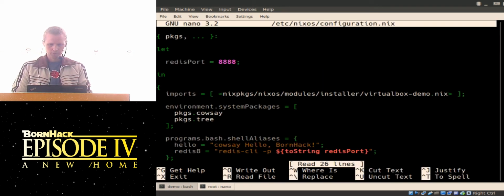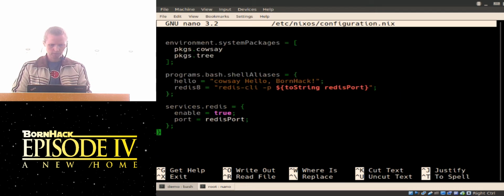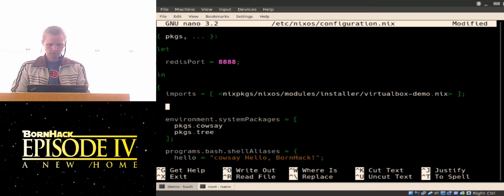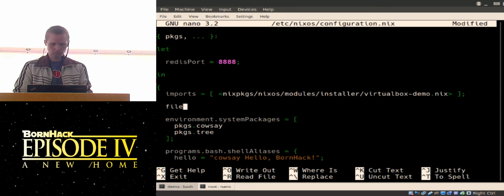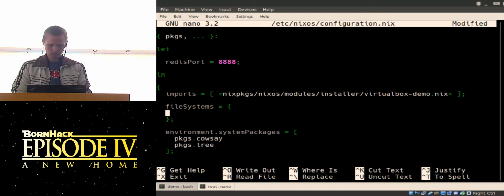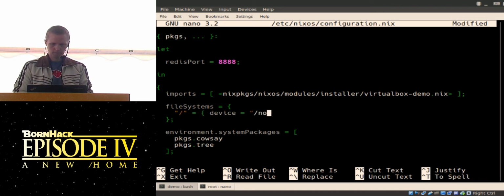Of course, like I said, it's very easy to mess things up sometimes. So let's make a bit of a mess. File systems, I think it is. Device, no such device.